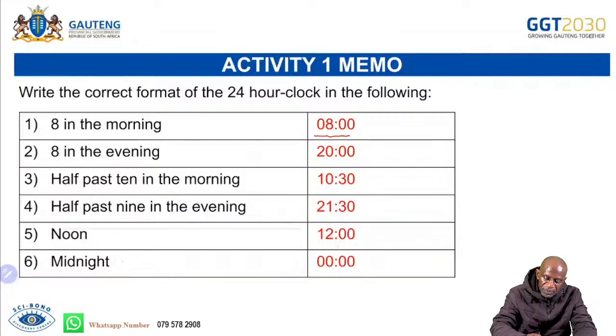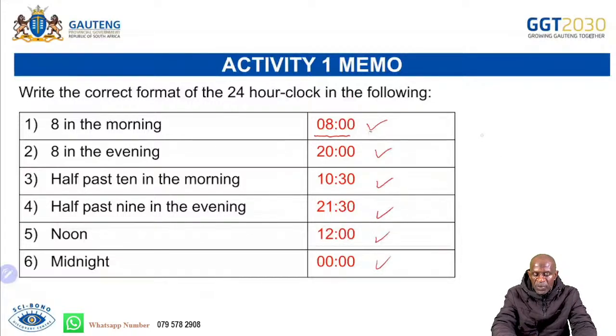Noon is 12:00 and midnight is 00:00. So this is how we express our time, or the correct way to refer to time when dealing with time zones. Grade 12 learners,